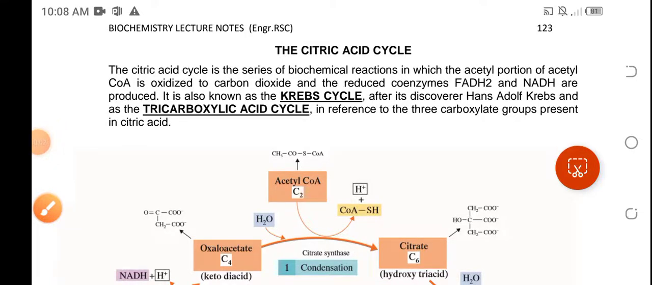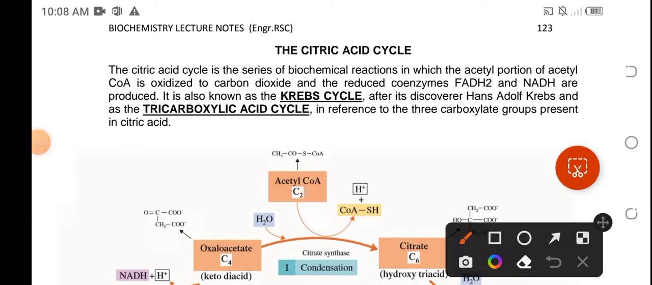Okay, let's discuss the citric acid cycle, or sometimes CAC, or the tricarboxylic acid cycle, or TCA, or simply known as the Krebs cycle. So we recall that the Krebs cycle, or the citric acid cycle, or the tricarboxylic acid cycle is the third stage in the